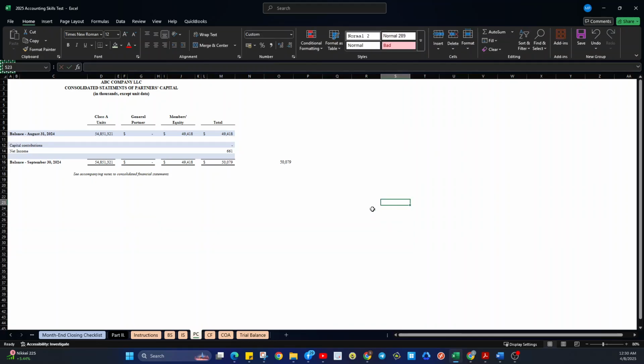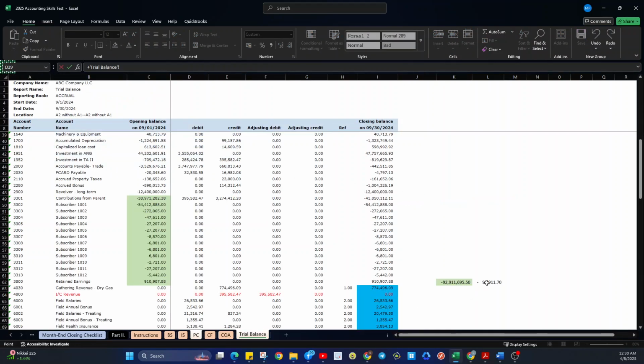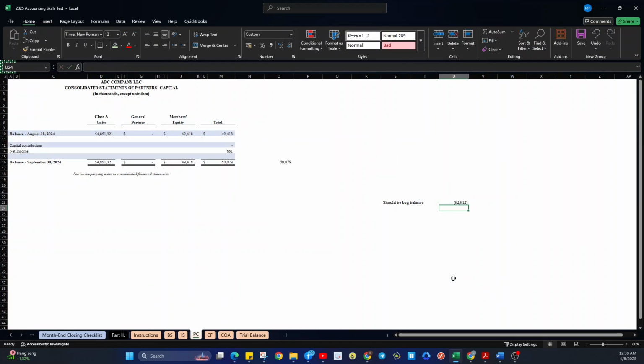Just put it here. Should be beginning balance. I don't know if this is really intentionally put here. I don't have the numbers here. Anyhow, it will not affect the total, but the only thing that will affect is this one. There should be balance for the beginning, as you can see in the trial balance, is the 92,911.70.